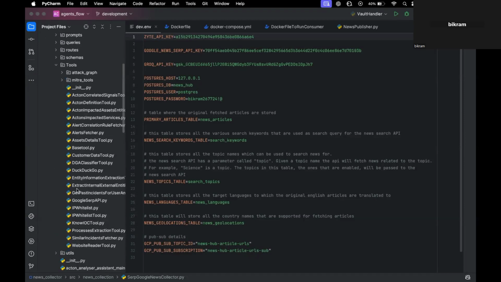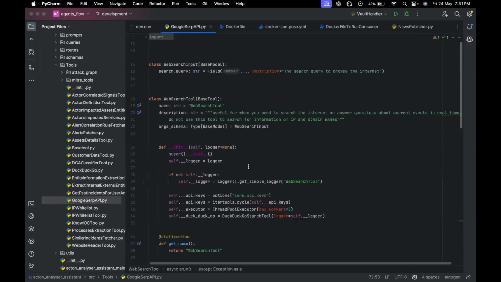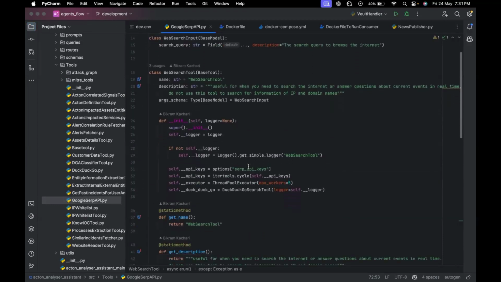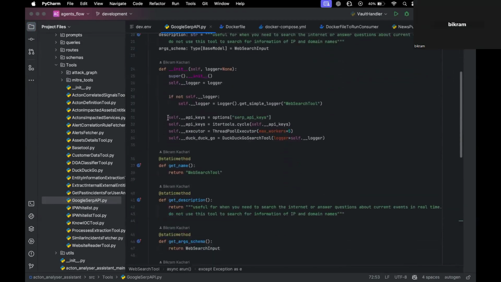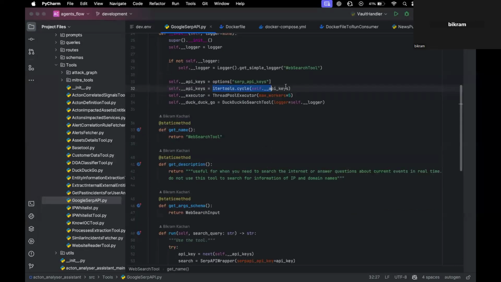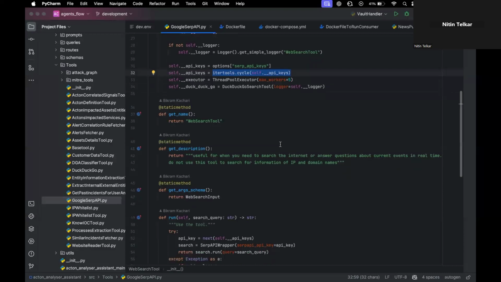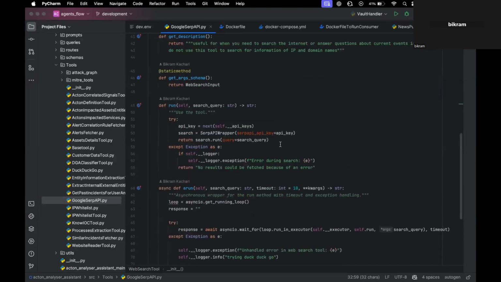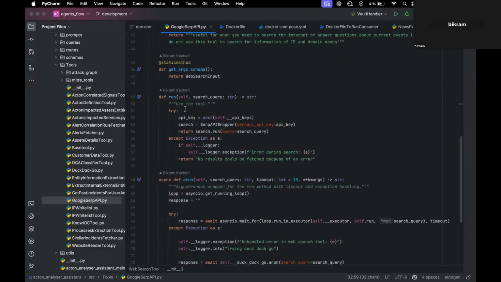this is something I'm doing today in Actanalyzer. One of the code files, if I show you, the one we are working on right now. So what we can do is, if you see here, several API keys. This will basically be a list of keys. So what we'll do is cycle through the keys, this line. Every time a request comes in,